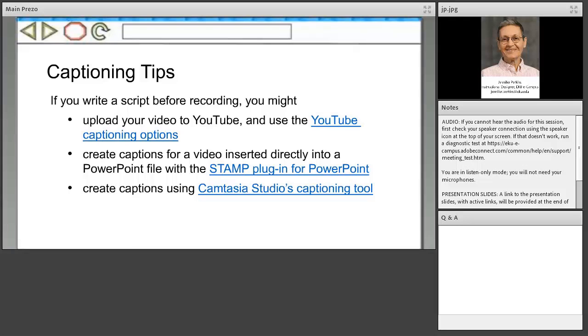How do you caption? I can't get into that in a 1-hour webinar, but there are a couple of things to keep in mind. First, if you write your script before recording, that's usually the best way to get the captions in, because what you can do is you write your script, you record your video or audio, then if it's a video, you can go to YouTube, load your video to YouTube, and then YouTube has a captioning option in which basically you copy your transcript, you paste it into YouTube, and YouTube will time it out for you. You may have to make a few changes. You go in and edit just like you would edit anything else,